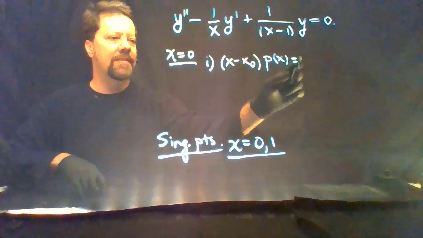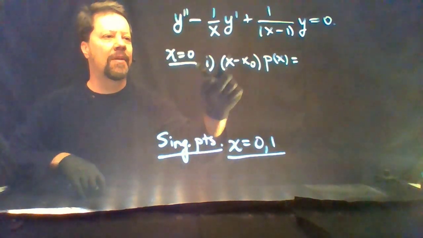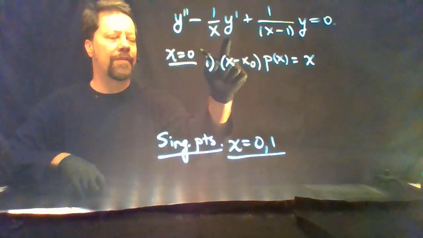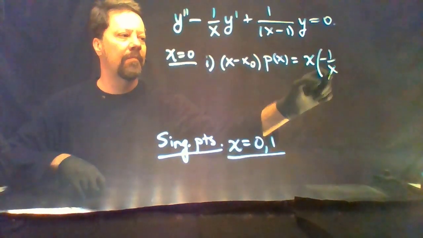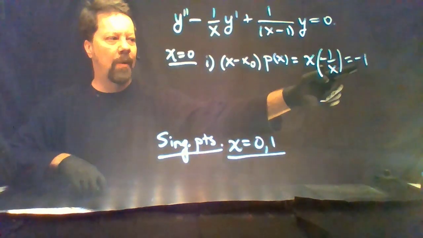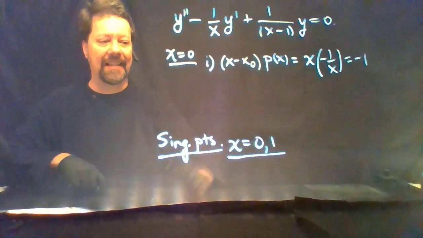In this case, x₀ is 0, which means we're multiplying x times p(x), the coefficient of y′. This simplifies to −1, which is analytic,